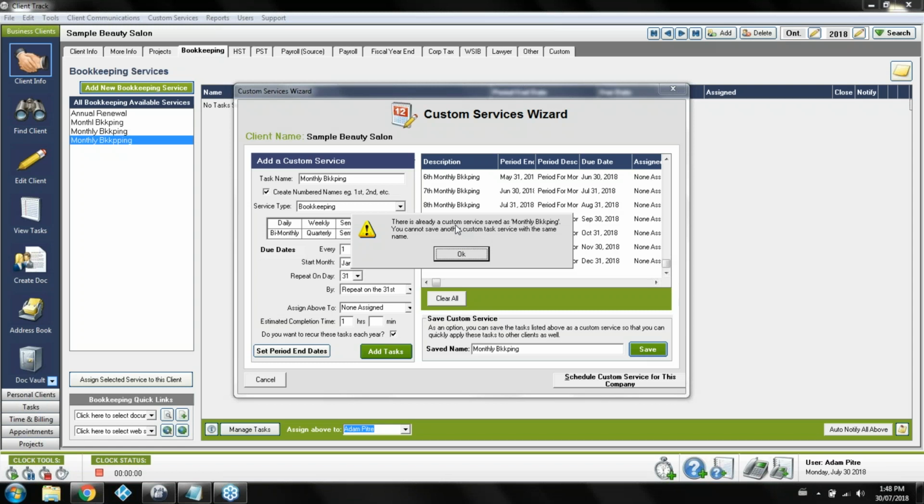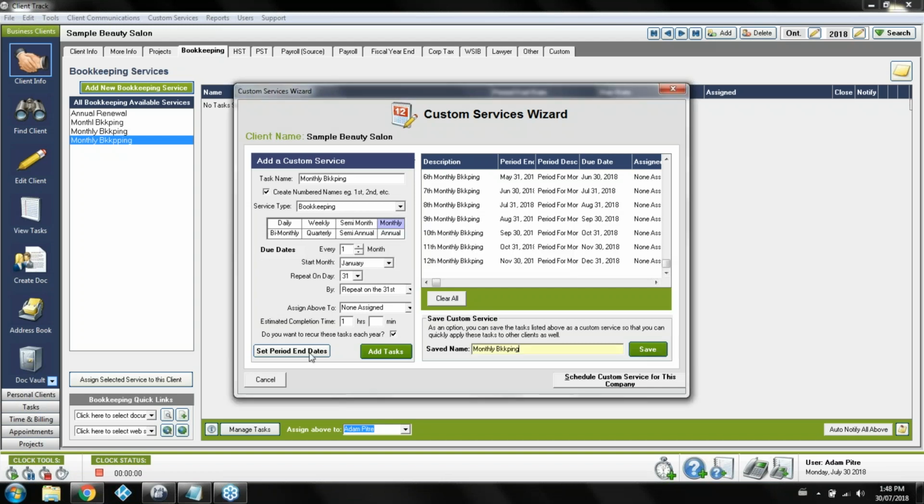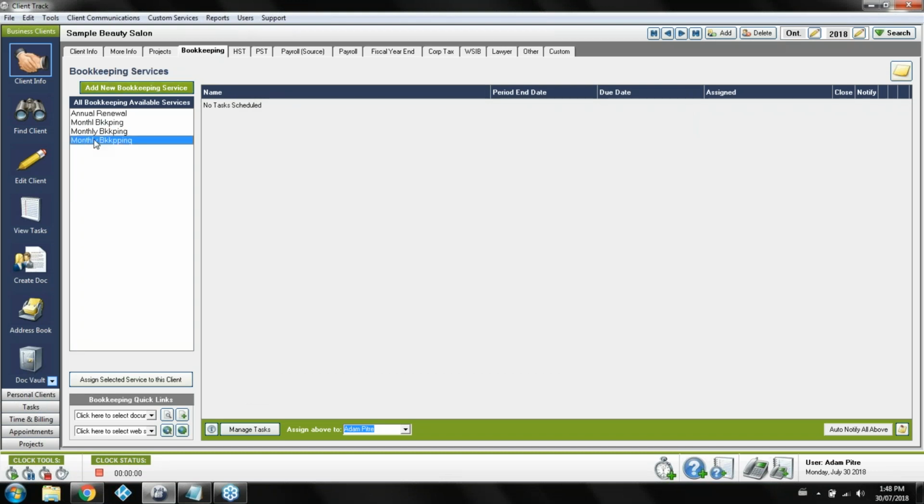Now, in my case, I've already got this one created, so it's just telling me I can't save another of the exact same name. Once you've created it, though, from any client's file, you can now click Cancel, and it's going to appear as part of the service list that you can now schedule. You can go to any client's file now and give this to the clients that need them. So what you're going to do is highlight it, go to the bottom of the list and click Assign Selected